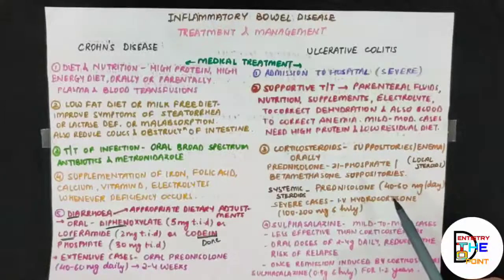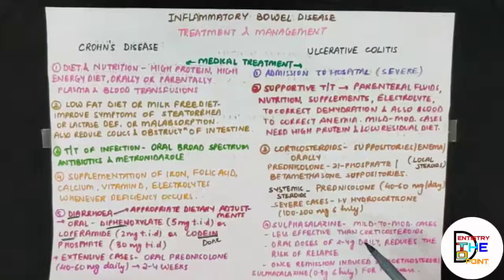Okay, and then the response is judged by the improvement in the symptoms and the sigmoidoscopy findings. In severe cases IV hydrocortisone 100 to 200 mg 6 hourly can be given in 4 divided doses. Okay, so these are the things, the configuration is the same for both the corticosteroids. There's a new thing here in ulcerative colitis, that is nothing but your